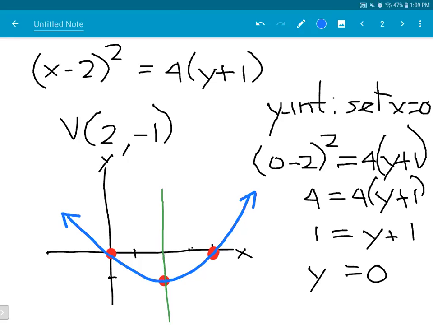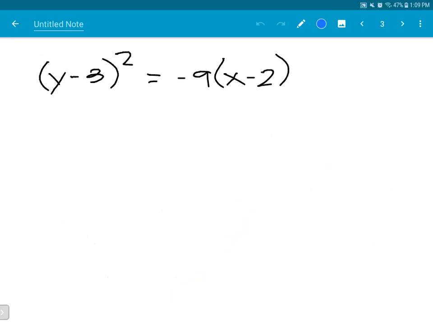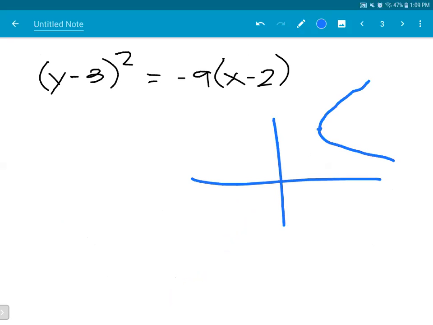So let's have one that opens sideways. It's almost the same, except that this time you will be looking for the x-intercept, since it may not have a y-intercept if it opens sideways. If the vertex is to the right of the y-axis and it opens to the right, then it will have no y-intercept, but surely it will have an x-intercept. So let's do that.